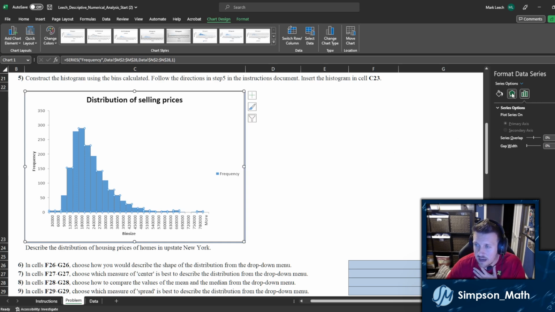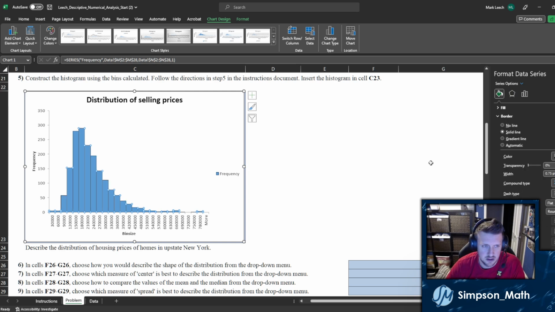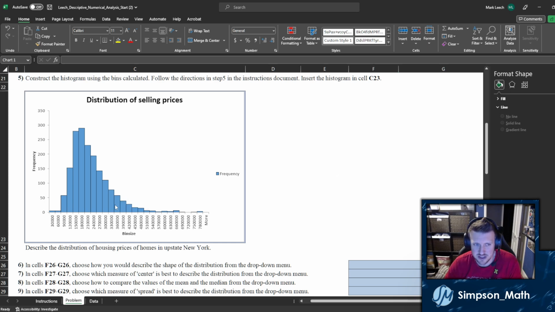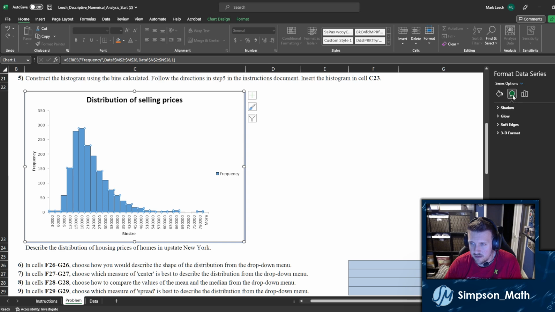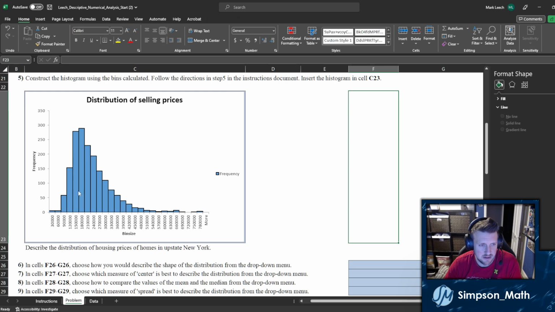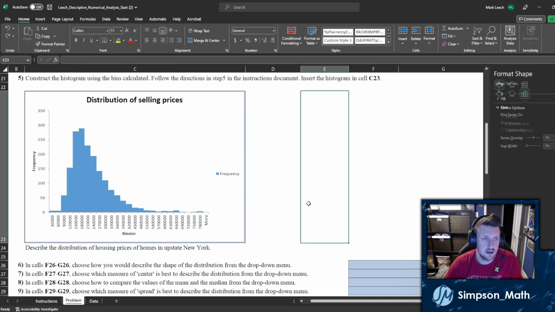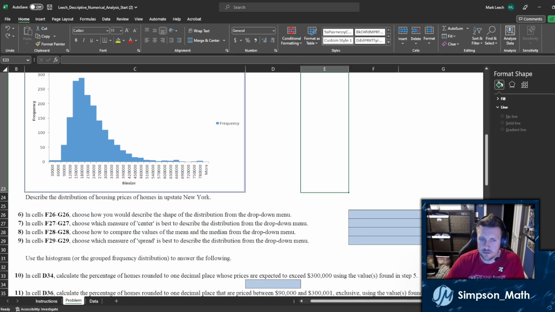Now, personally, I'm going to not change this for real. Personally, I would make the bars have a border. So that way you would see the difference in those lines. But I'm going to undo that and put that back. But doesn't that look so much nicer? With the bars having a little bit of black outline right there, so you can actually see those. But I mean, who am I? Okay, so